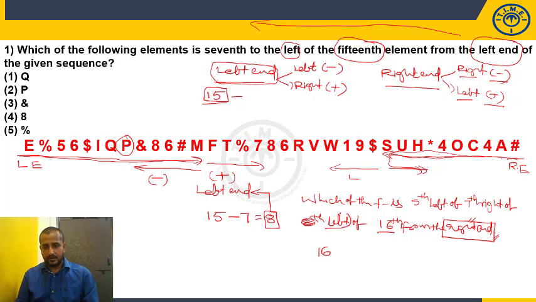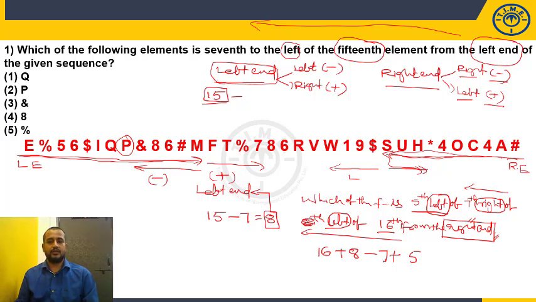What is given here? And we will be going in the order. 16 and before that 8th left. Left is nothing but plus. Which number? 8. So 8. Now again, what is the next previous step? 7th right. And we have started counting from the right hand only, right? So right will be a minus 7. And what is the previous? 5th left. So left is nothing but plus, because we have started counting from the right hand. And what is the number mentioned? 5. Now count it. 16 plus 8, 24. Minus 7, how much? 17. Plus 5 is how much? 22.